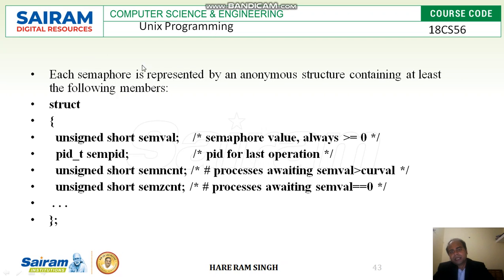Now each semaphore is represented by an anonymous structure containing at least the following members. Every semaphore will be represented with at least the following data: unsigned short semval, the semaphore value, which is always greater than or equal to 0; pid_t sempid, the PID for the last operation; and unsigned short sem